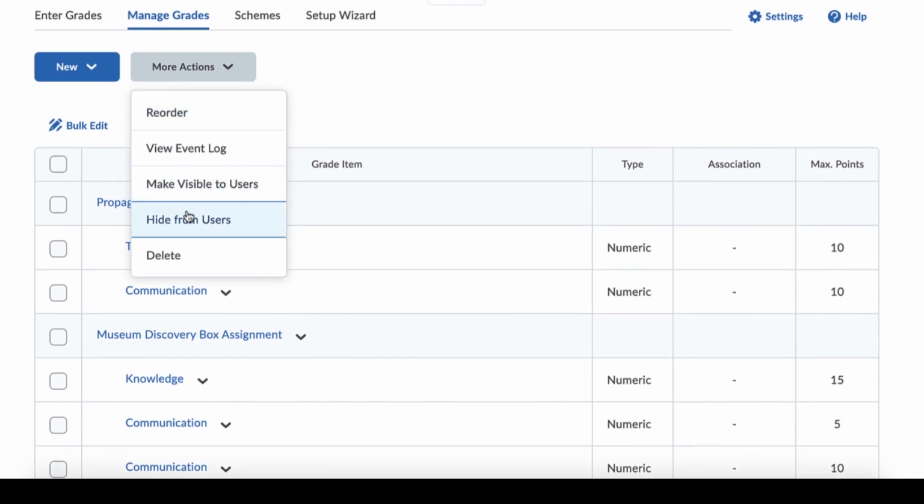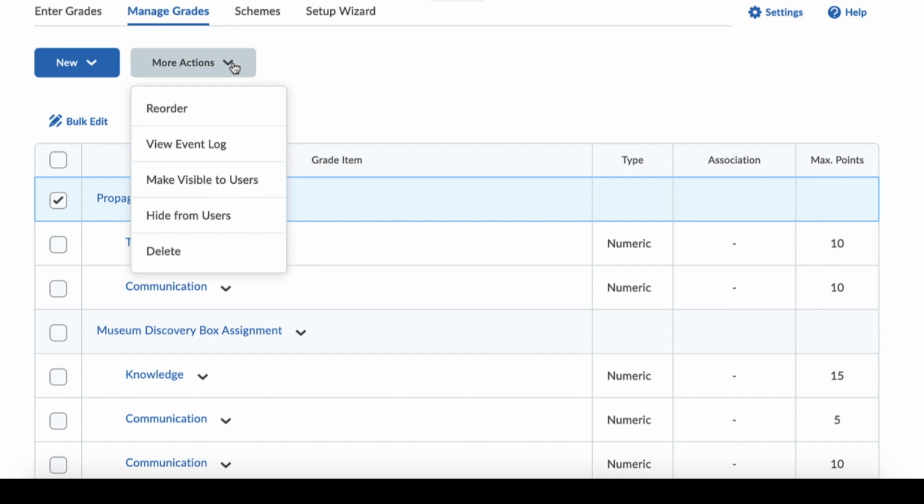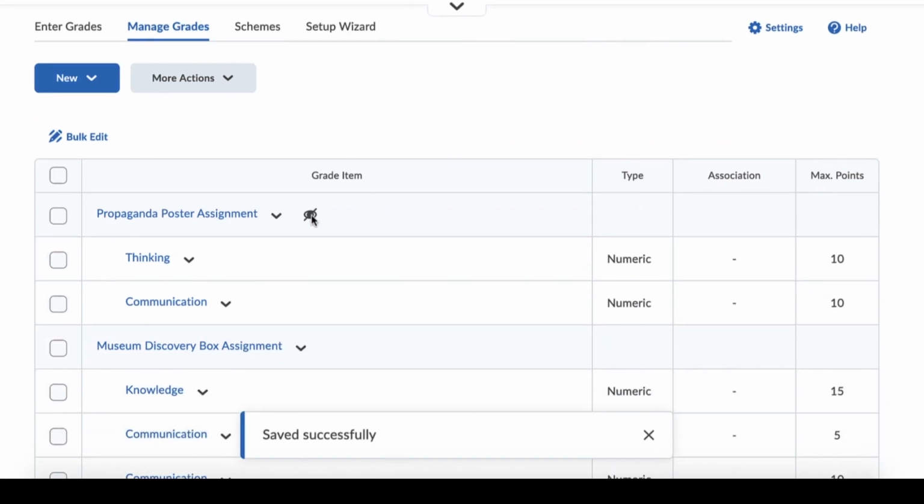If there was something that you wanted to hide from the users, so let's say, for example, I don't want the students to see the propaganda poster assignment, I would just click it and then select hide from user. And you'll notice this little eyeball, that gives you the indication that the students would not see the propaganda poster